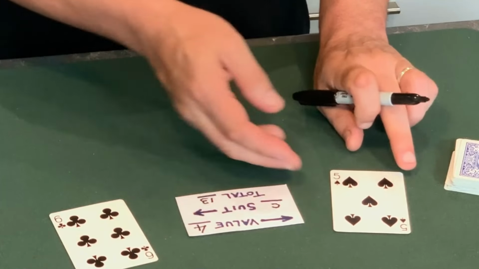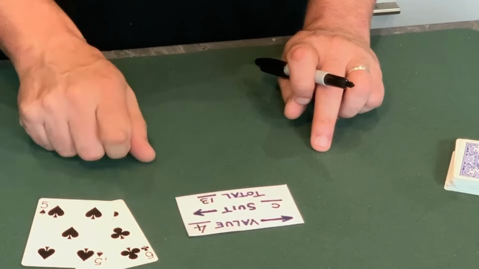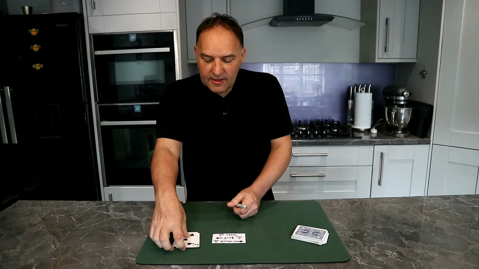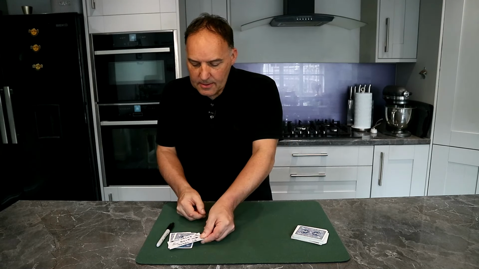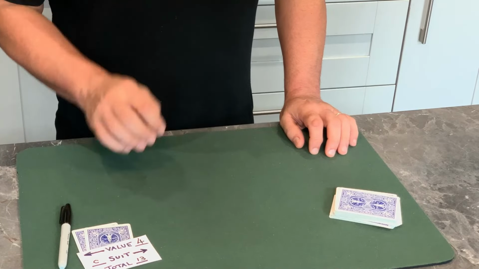And then we add these up. And what I do is I just take these and put them together, add up the value and write it down here. We're all done. And I like to turn these over as I place that for everyone to see. It's a great part of the effect